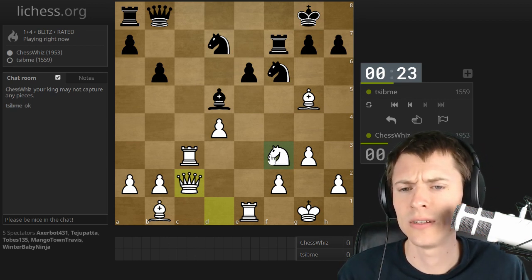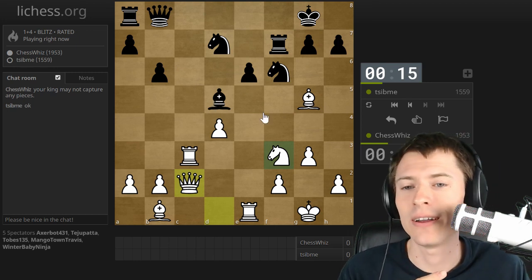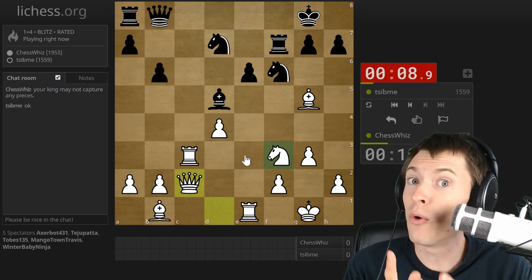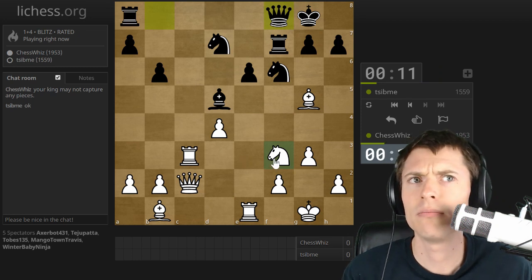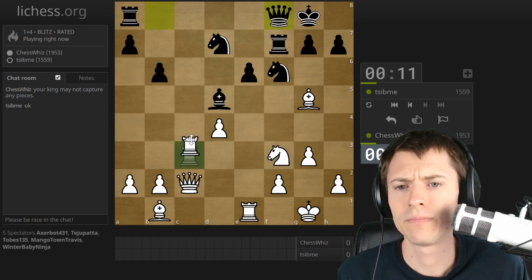How do I win this? Didn't I just take something good? How much am I ahead? 6 pawns against 5. 6, 6, 6. Yes. 6 is more than 5. Okay, now let's see. 3 pieces, 3 pieces, 2 pieces, 1 piece. By the way, it's very easy to count who's ahead. And I don't recommend looking next to the board because it's... how much time? 16 seconds? That's plenty of time. Because it's...